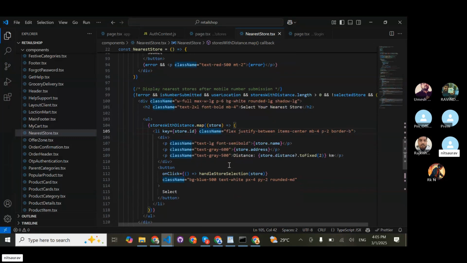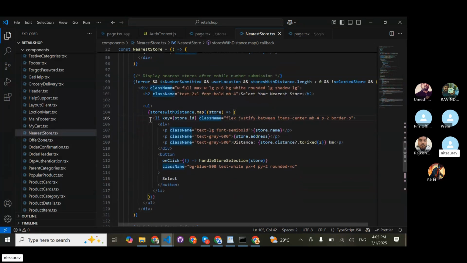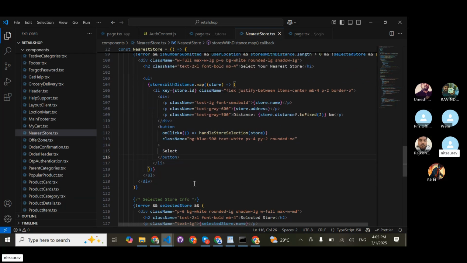Okay, it is running. So here is my design. I use the li tag, and in the li tag I show a store name, a store address, and distance, how much distance, to calculate your nearest shop store. So this is all about